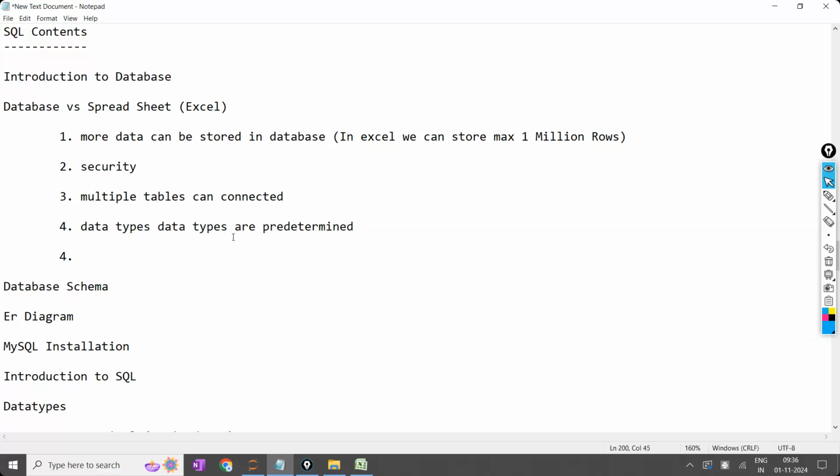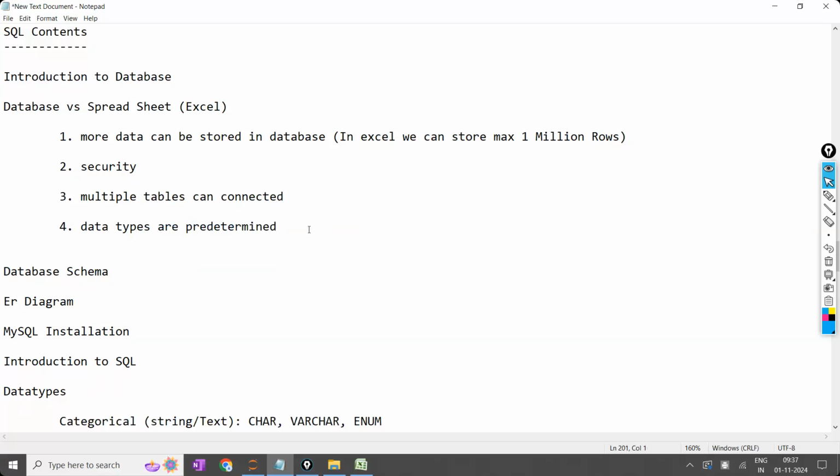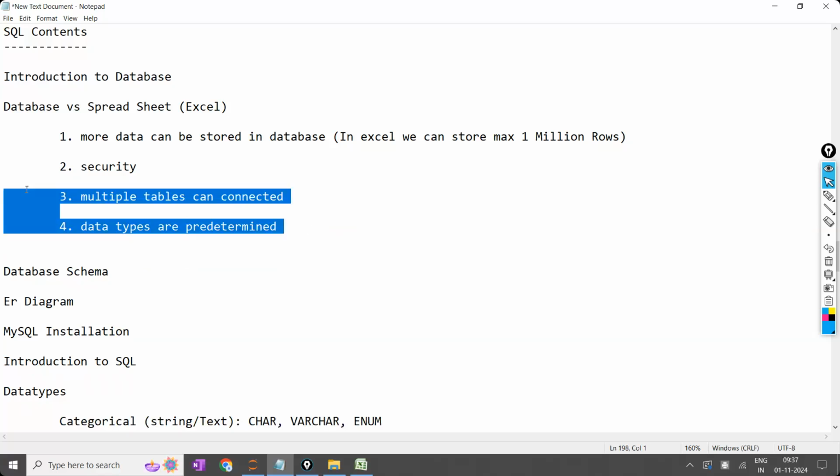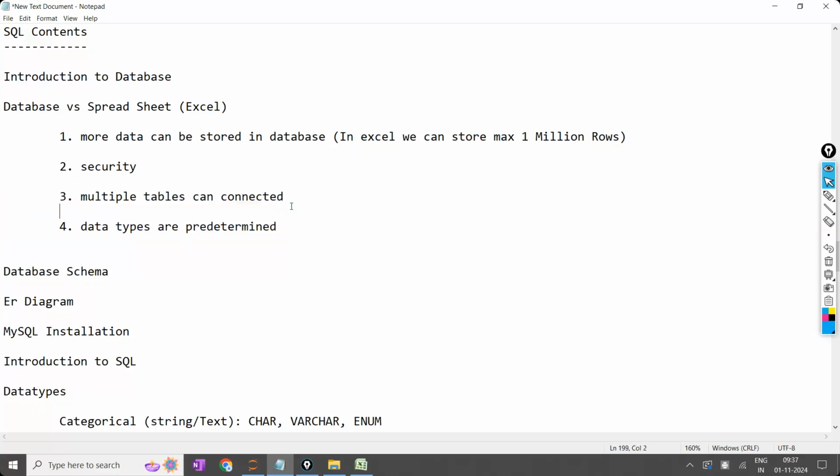Data types are predetermined and multiple tables are connected. The advantage is to avoid wrong data and to store more data in less space. Okay, these both are used for that purpose. All these things are not available in Excel.